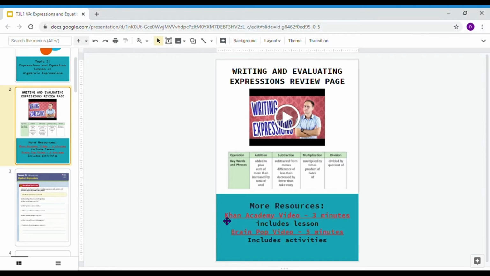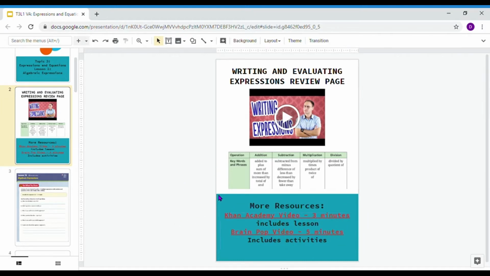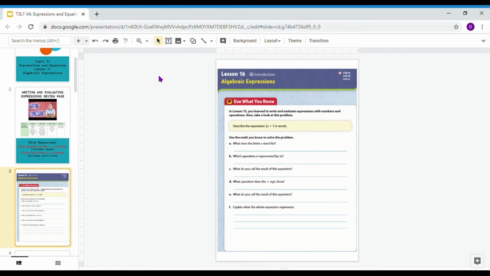So Khan Academy is a great resource to use for that refresher. I also included the BrainPop video, which is 5 minutes, just to quickly review writing and evaluating expressions. So as we move on to the first page of our actual lesson,